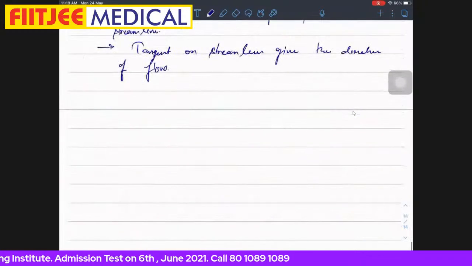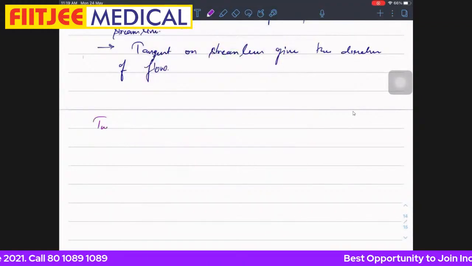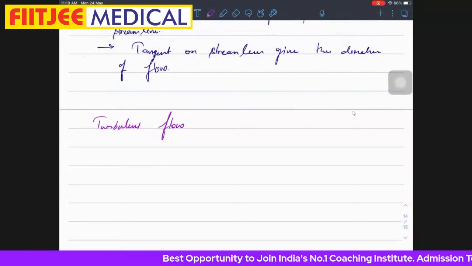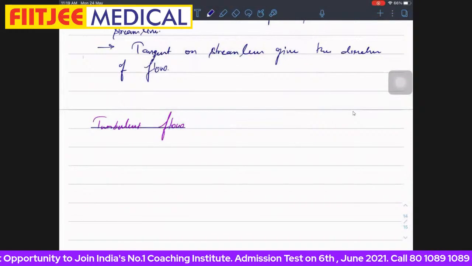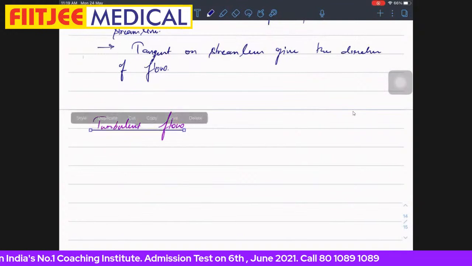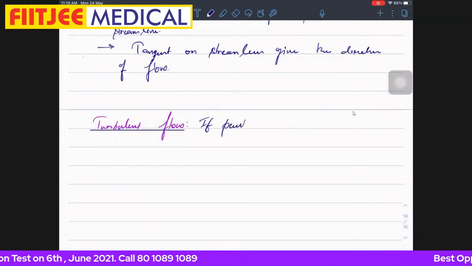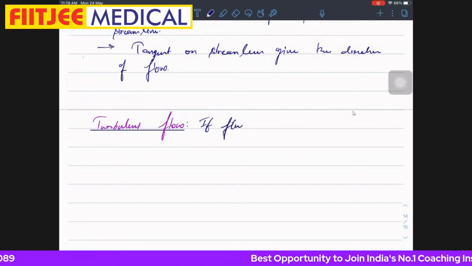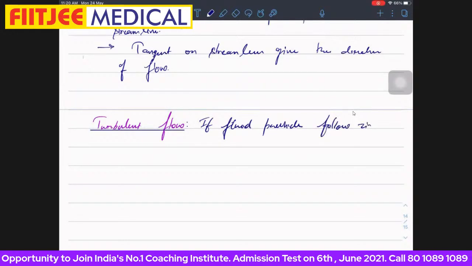Then we have turbulent flow. If the flow is random, you can't decide what will be the path of the particle. If the path is not fixed, if fluid particles follow a zigzag path,